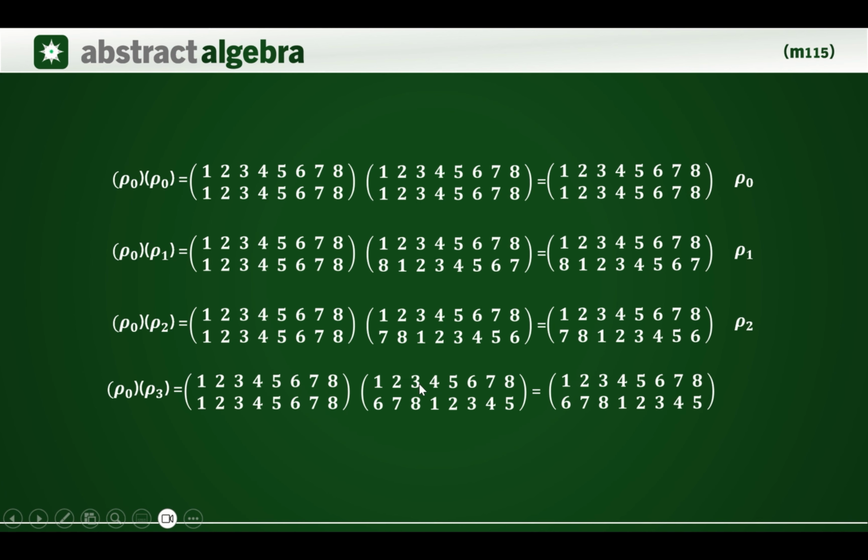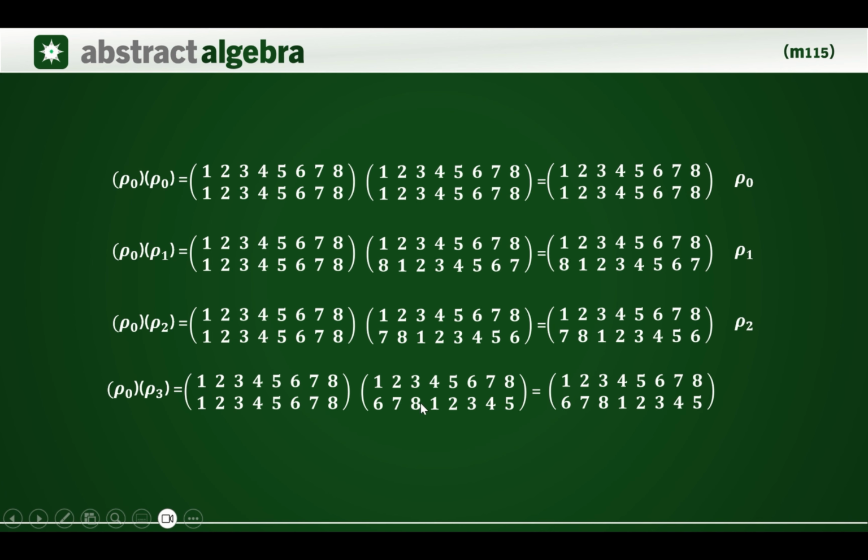Next is for the 3. So 3 maps to 8, then we are going to find the 8 here. So 8 maps to 8, therefore 3 maps to 8. Next, 4 maps to 1. We are going to find the 1 here. So 1 maps to 1, therefore 4 maps to 1. Next, 5. So 5 maps to 2. So we're going to find the 2. So 2 maps to 2, therefore 5 maps to 2.